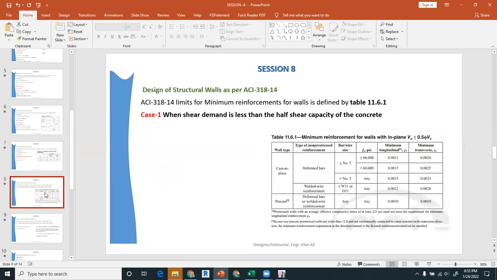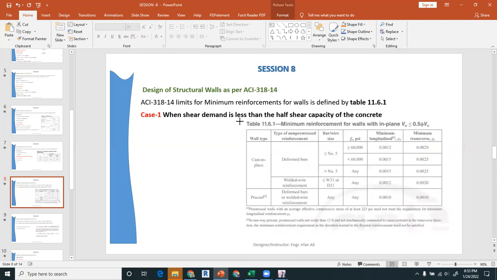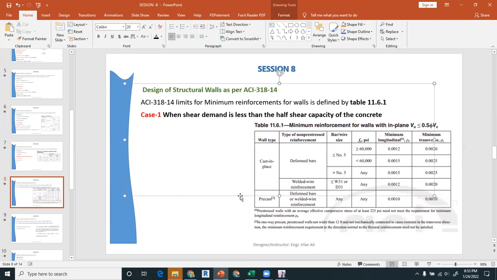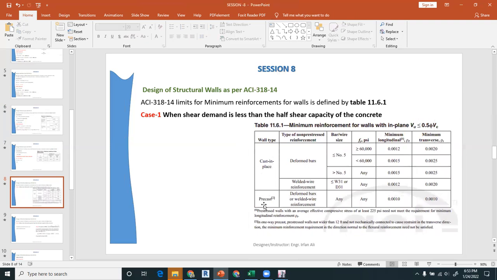Let us go towards the design of the structural walls. The ACI 318-14 limits for the minimum reinforcement for the wall are defined in Table 11.6.1. You have to provide at least this much minimum reinforcement if the shear is not showing any reinforcement. So normally it governs at 0.0025. This wall is cast in place, so it is not precast. So you have to select your value, and there are defined bars